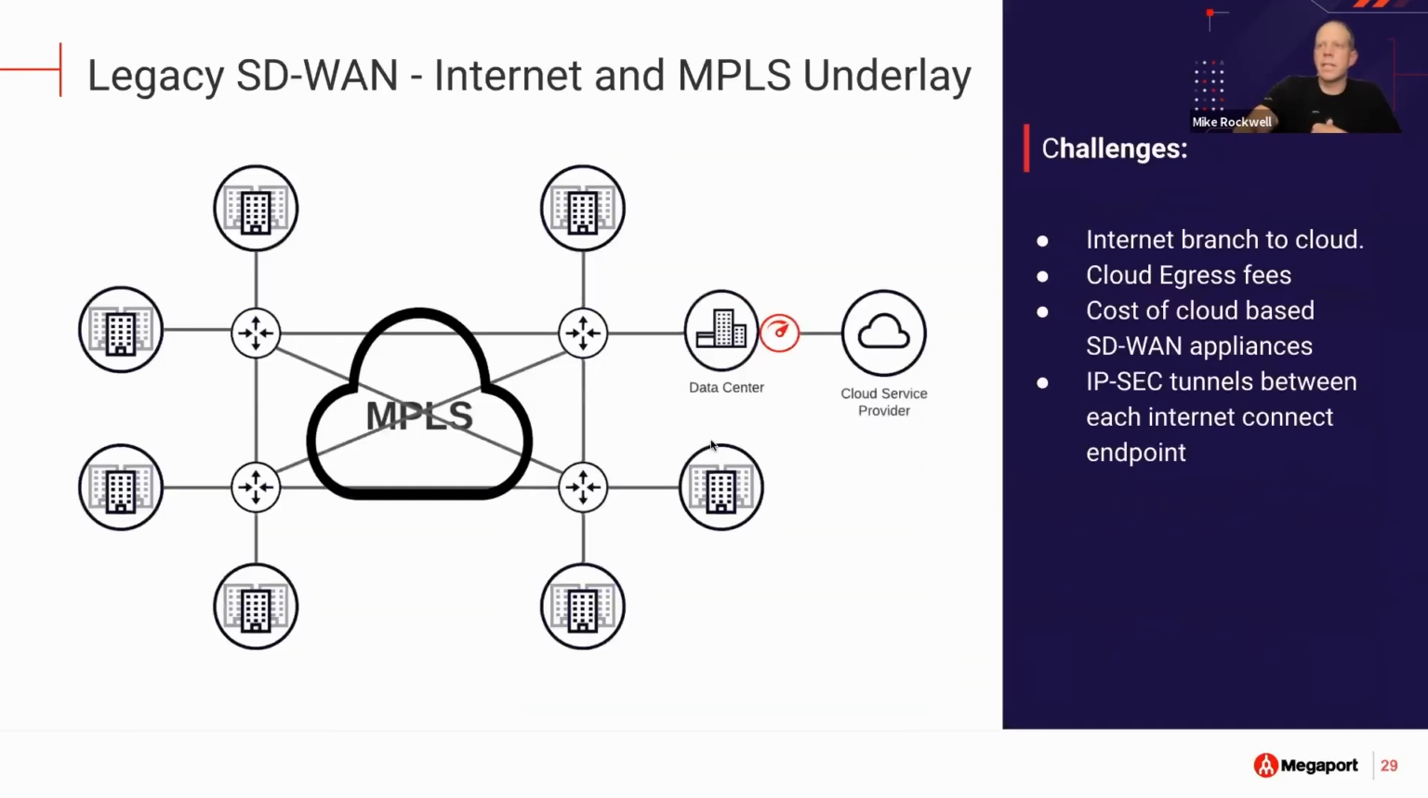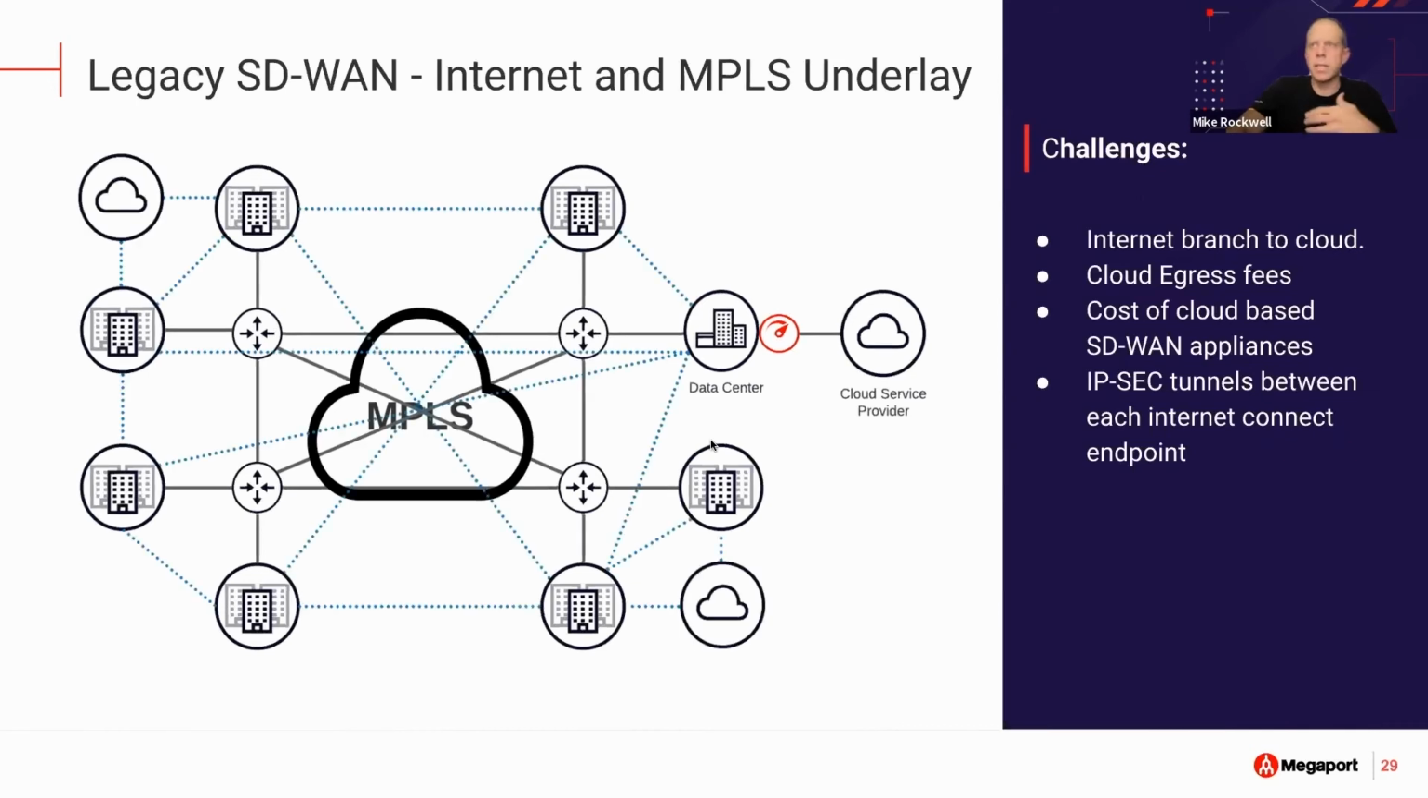So finally, we have existing customers that we're working with that have legacy SD-WAN networks. They have a combination of the internet and MPLS as their underlay. So we've talked a little bit about some of the disadvantages of MPLS and the MPLS underlay. Now you add the internet on top. So if I look at branch locations, where now instead of accessing applications in traditional MPLS back in the data center, I can divert